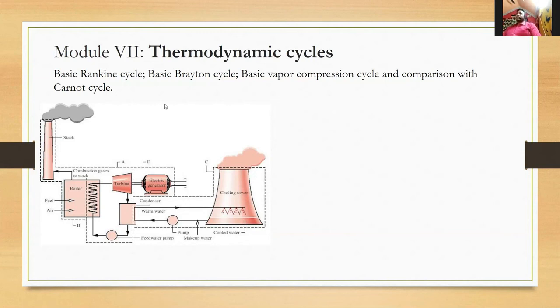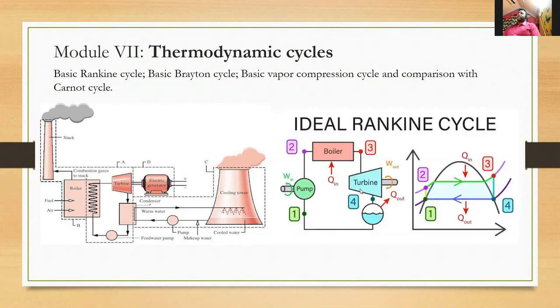An ideal Rankine cycle is shown here, which is comprised of a pump, boiler, turbine, and a condenser. You can see the condenser is here. It's not written here, it's this Q out. So there are two heat transfers inside, two heat transfers outside. There is one work done on the system in a pump, and work done by the turbine, and the work is going out as a shaft work, and we are really producing power.